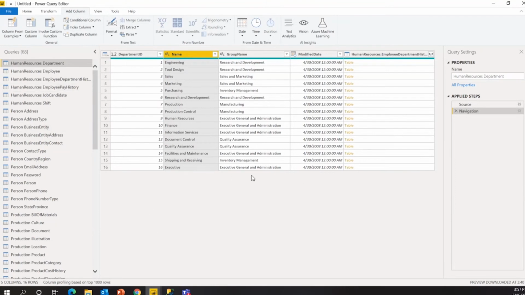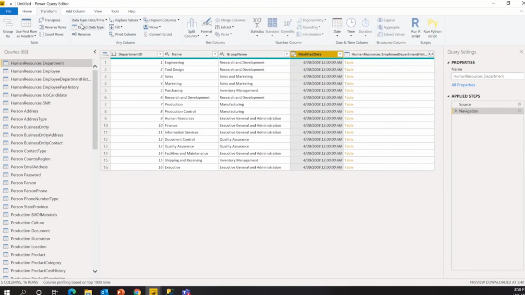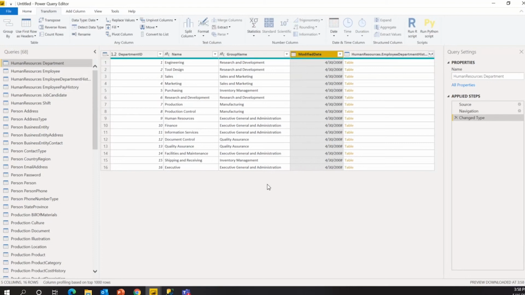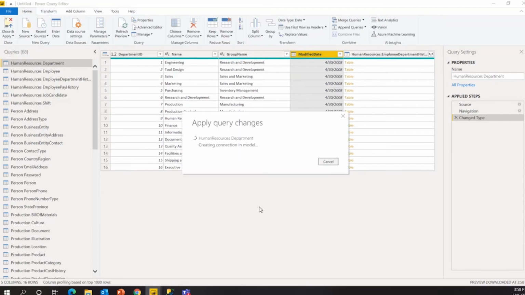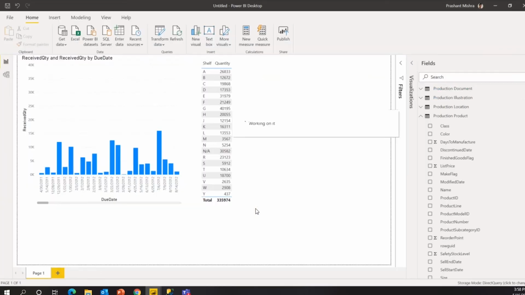Just one second. Brent is asking a very relevant question: can you show how to convert a date time field to date only? Yes. This is a data type, right? I think this is date time. Let's see that. Go to transform and you see here the data type is date time. What you need to do is just change it to date. That's it, done. It's as simple as that. But remember, you have made this change, so you have to apply. I'm not closing it right now, I'll just apply. When you apply, these changes will be reflected in your charts and dashboards.